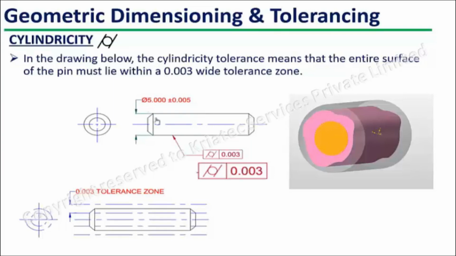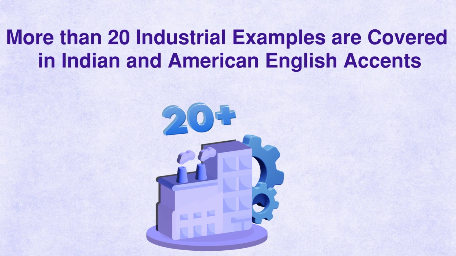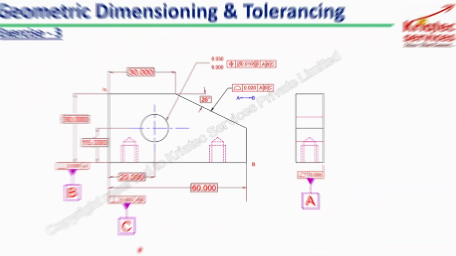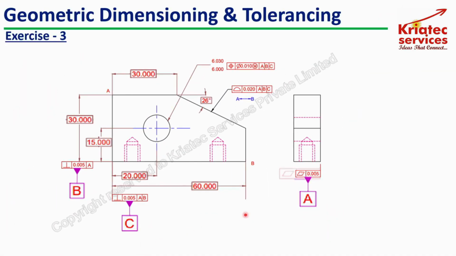This particular component surface, when we are measuring the roundness at each and every point, and when you construct a cylinder like this cylinder, it should be having a tolerance zone of 0.003. That is. So for datum A, the feature control frame, which is attached to the datum feature A, what it is